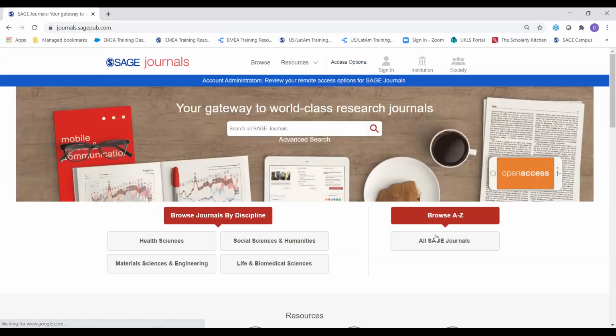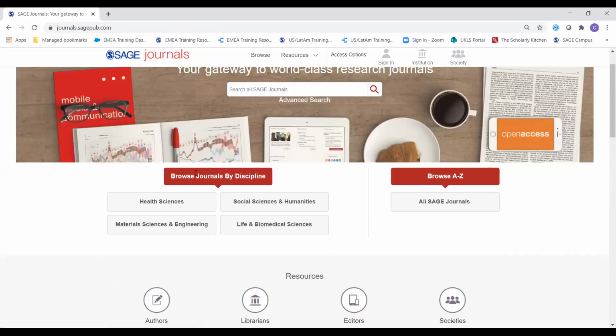Also, from the home page, you've also got the option to browse by discipline. So I mentioned that we support a wide variety of topics, and we've grouped them into these 4 really broad top-level discipline areas. So if you are thinking about wanting to look for journals in a particular discipline, you can use this navigation menu here. So if I just go with the health sciences,